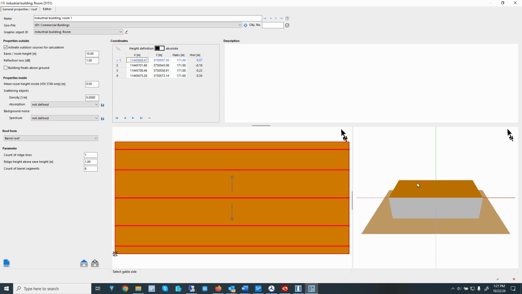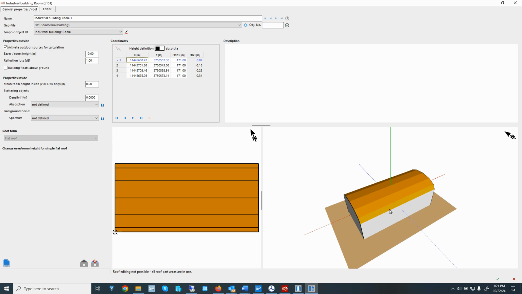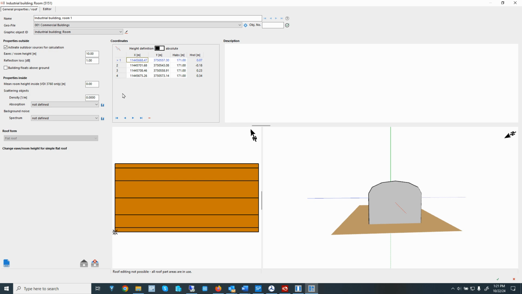We define the direction of the roof shape, and in this case I'll set it up to go up to about 4 meters in height. Sections, in this case 6 is fine.